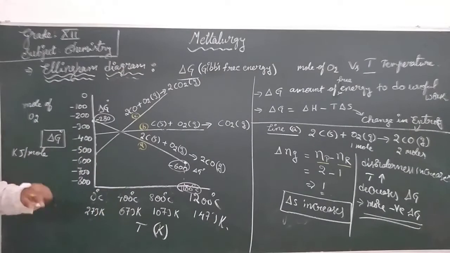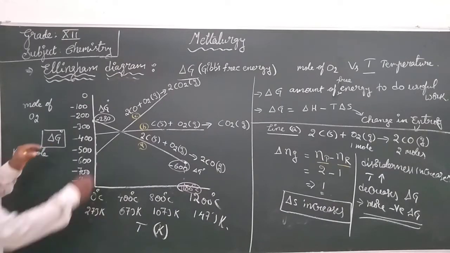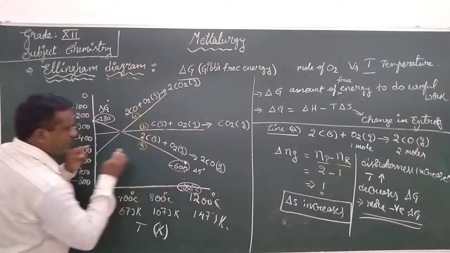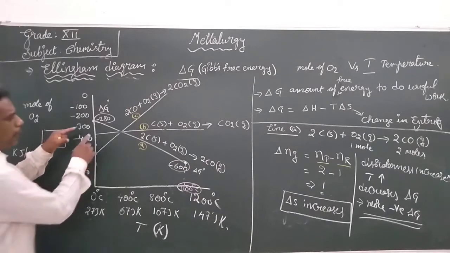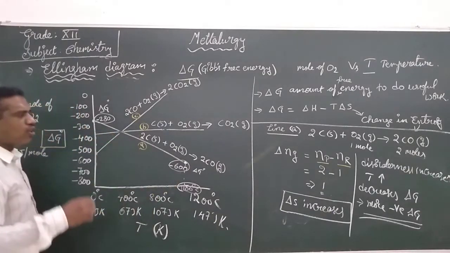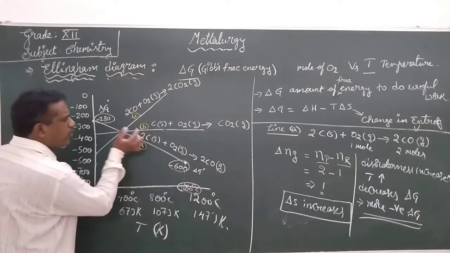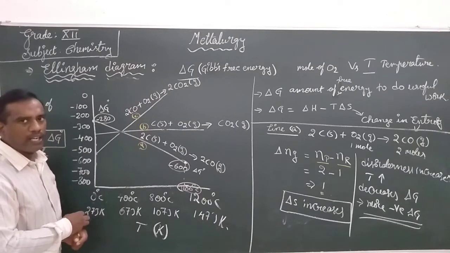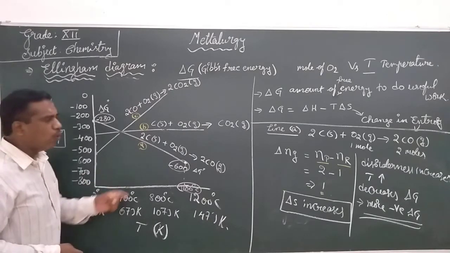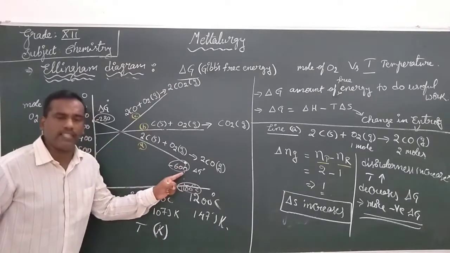So this is the graph majorly related. Now please observe why the line is decreasing, having a negative slope. We want to speak why it is having a negative slope. In some books, you can also find it given as only carbon, but I have given as 2 moles of carbon plus O2 gives rise to 2CO. Why is the line decreasing?